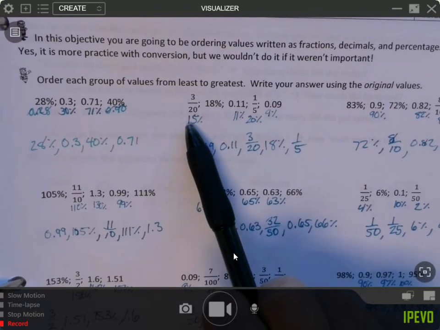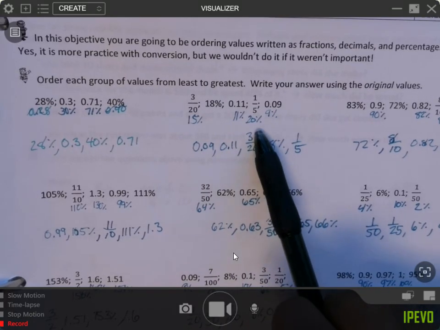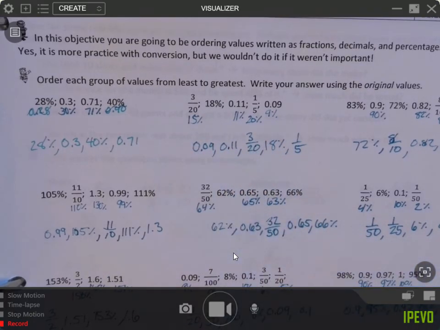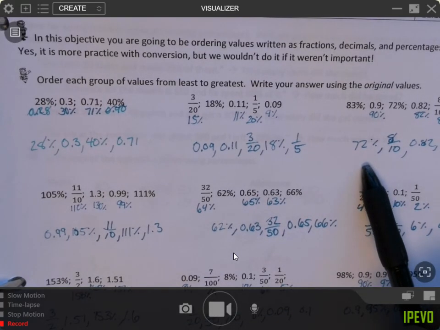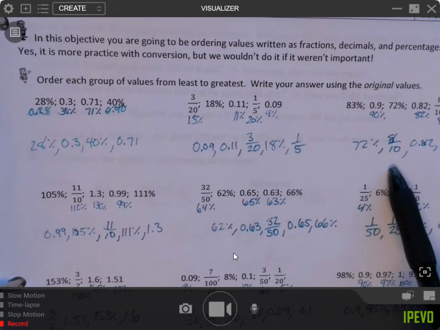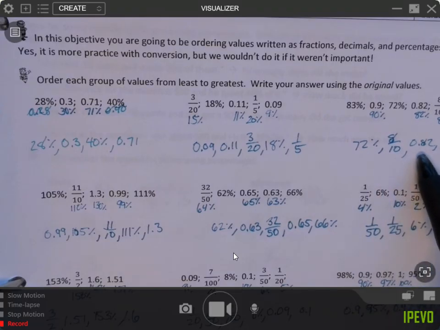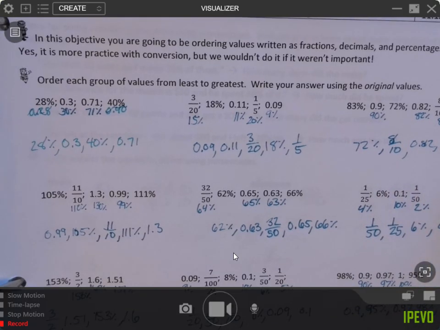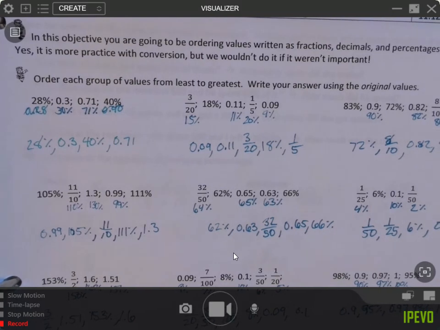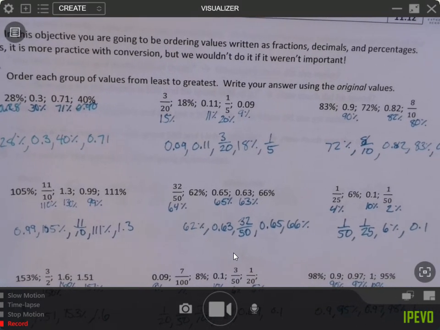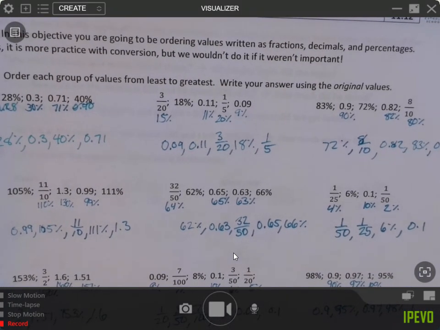And you can see what I did up above was I converted them all to those percentages so I could put my percents in order. Then we have 72%, 8/10ths, 0.82, 83%, 0.9. Any questions on that top row? Can we see all the way to the 0.9, or do I need to move it over? Okay. Can we see it now? Yep. All right. Middle row,